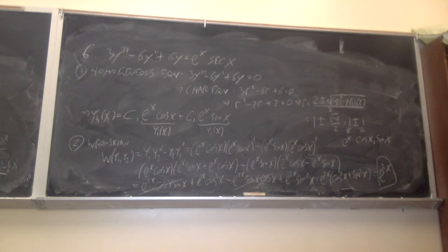And actually this happens in general when you have complex roots like this. The Wronskian will always turn out to be e to the 2 times the real part, which in this case, the real part was 1. So for example, if I had e to the 3x cosine 2x and e to the 3x sine 2x as y1 and y2, the Wronskian would turn out to be e to the 6x. Just going through this process. Okay, so now we have a Wronskian e to the 2x,